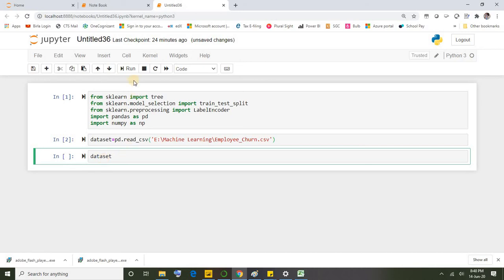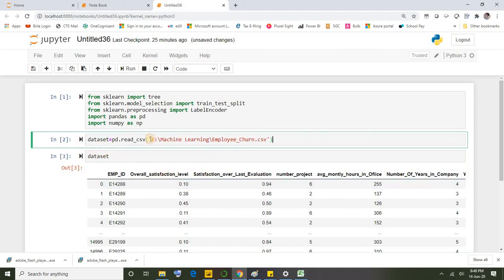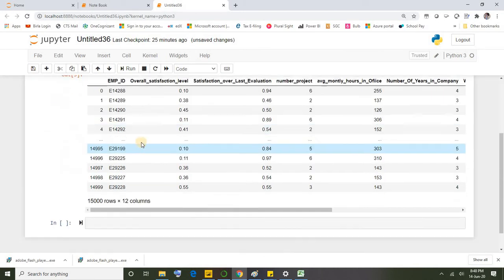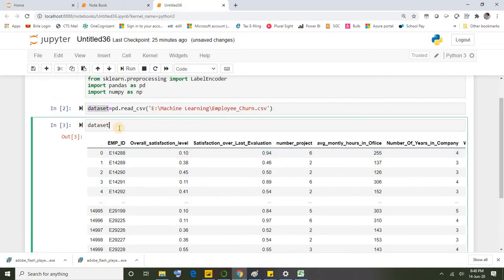Let me check how the sample data is. Okay. All right. If you want to go for the head function also, of course you can go. Okay. All right. This is our data set. It's been loaded here into Jupyter Notebook, and we created one data frame as well. Okay. The data frame name is dataset. All right. There is a purpose why I gave the data frame name as dataset, that I'll let you know later.